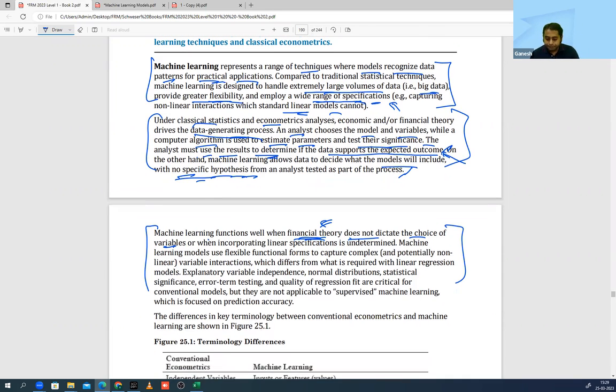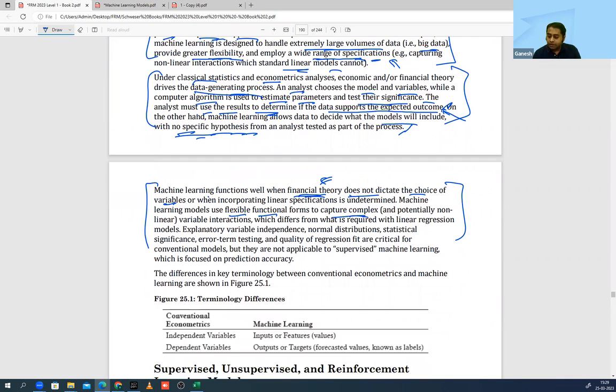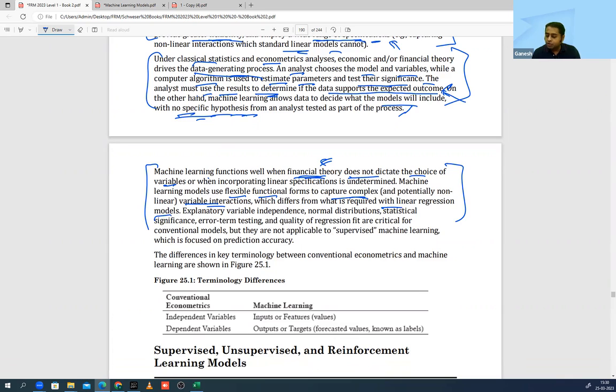Okay? So machine learning provides a lot of flexible functional forms. That means it can capture complex non-linear data points. If there is any interaction between variables, which means suppose there are 2-3 variables which are connected to each other, and they are explaining something. If you go back to linear regression, there was a problem called multicollinearity. We said multicollinearity is a problem. But over here, your model will still be able to perform well if there are connections between your variables. Variables means independent variables, which are explaining what you want to find. Clear hai yahan tak? Which differs from a normal linear regression model.